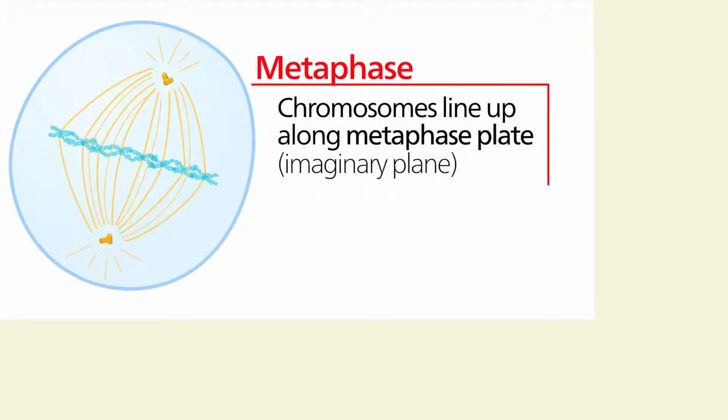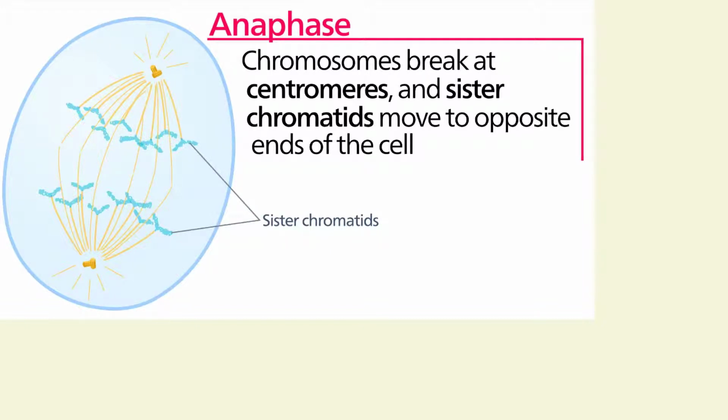Anaphase. Anaphase, the chromosomes break at centromeres and the sister chromatids move to the opposite ends of the cell. So this is where they actually start to separate. They're pulled apart by the shortening of the spindle fibers. One of the analogies that's given for this sometimes is a fishing analogy. So it's like reeling in a fish by shortening the fishing line. So these kind of reach out here, hook those sister chromatids, and then they start reeling them in, pulling them apart. At the end of anaphase, each pole of the cell has a complete set of chromosomes.